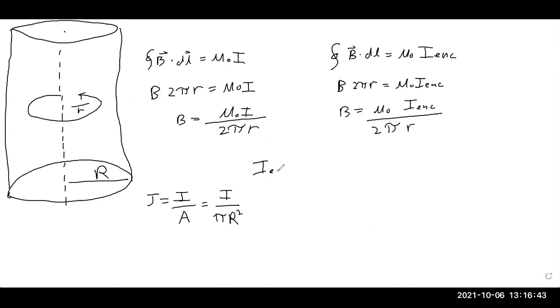So I enclosed is going to be the current density times the area, pi r squared, or the total current over pi big R squared, times pi little r squared. So this becomes